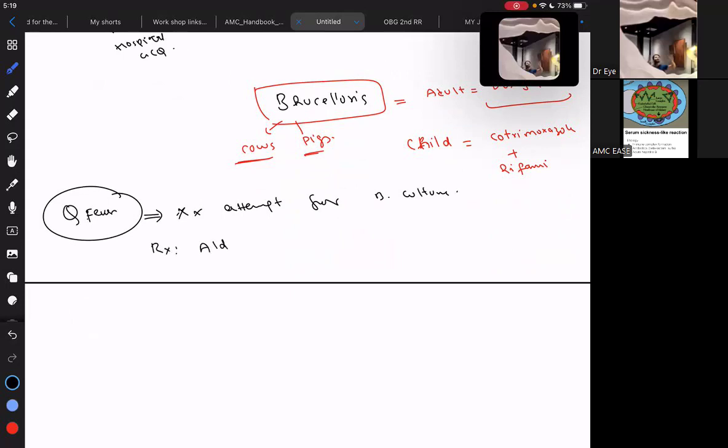If it's an adult, remember that it's mostly seen in those places which are slaughterhouses, like an abattoir. It's very typical for Q fever, this abattoir. Now the treatment in adult